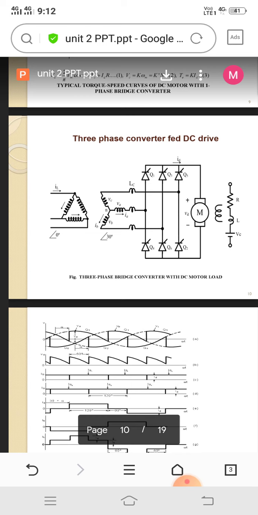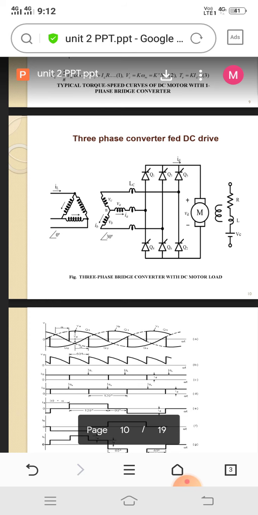So the heading explanation is three-phase converter for DC drives, consisting of different kinds of SCRs for operating purposes, to achieve AC to DC in a proper manner. This is called a three-phase converter for DC drives. In this three-phase converter DC drive circuit diagram, there are six SCRs. The three upper SCRs are called positive SCRs. The three lower SCRs are called negative SCRs.